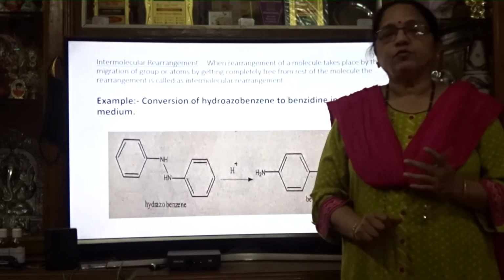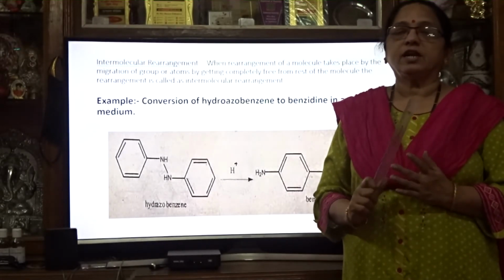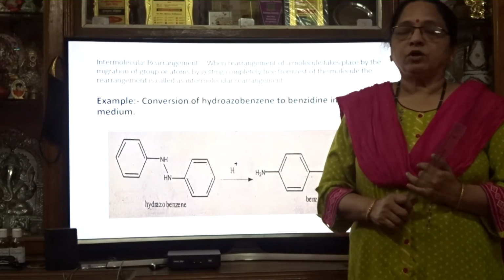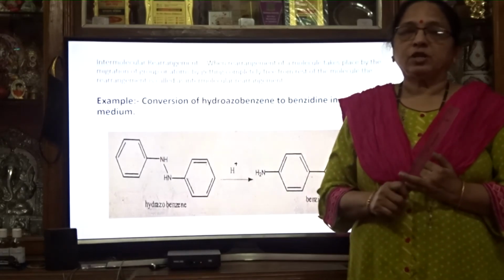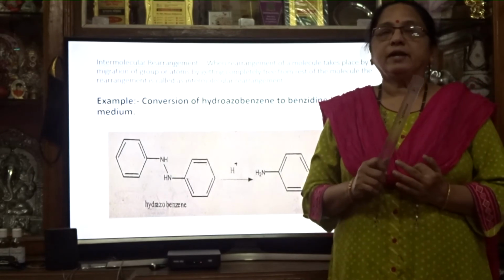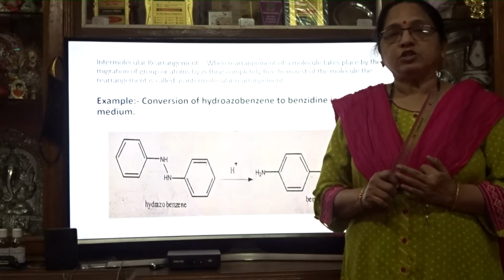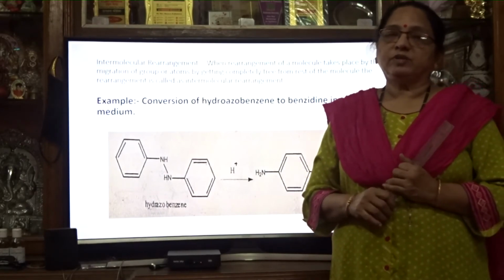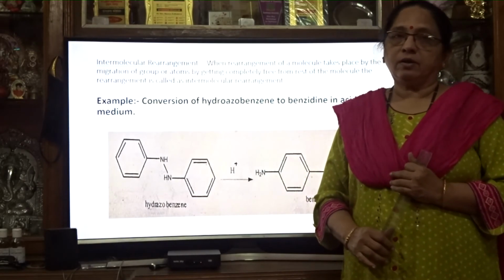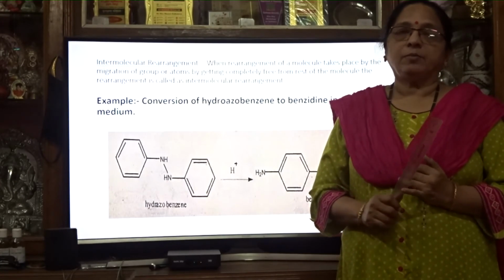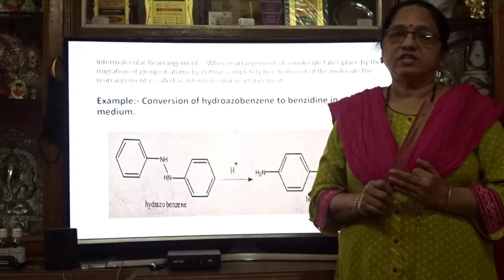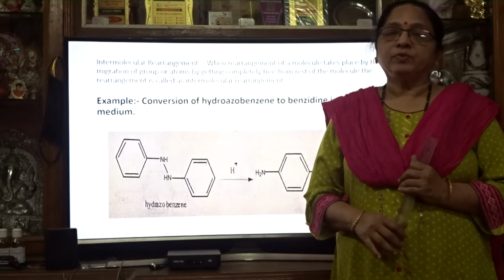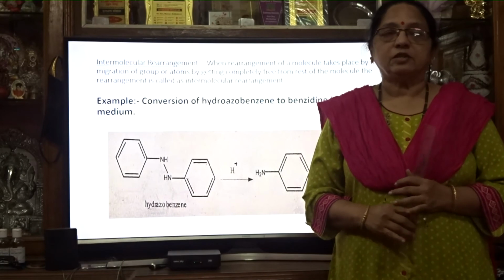So today we have studied four types of reaction: addition, substitution, elimination and rearrangement reaction. In addition reaction, addition of the molecule takes place; in substitution, replacement takes place; in elimination, some molecule is eliminated; and in rearrangement, migration of the group takes place. These four words you have to learn by heart. See, in addition what is happening, in elimination what is happening, in substitution what is happening, and in rearrangement what is happening. Those keywords you have to remember so that you will not face difficulty in the exam.